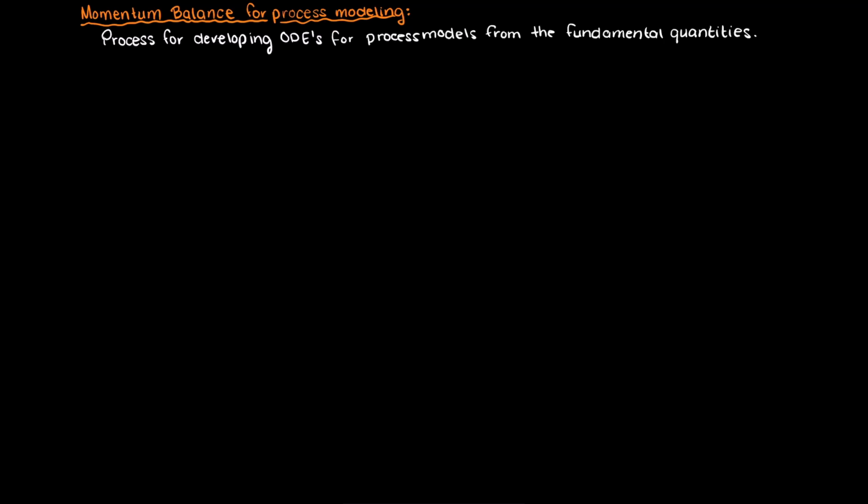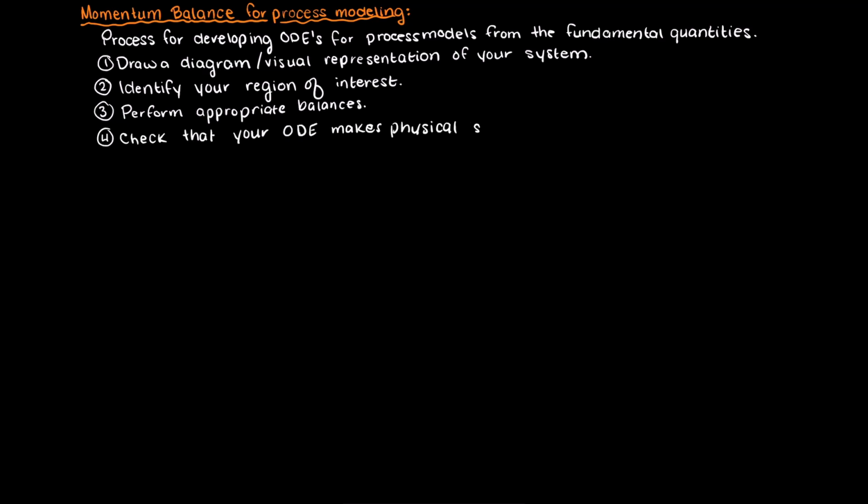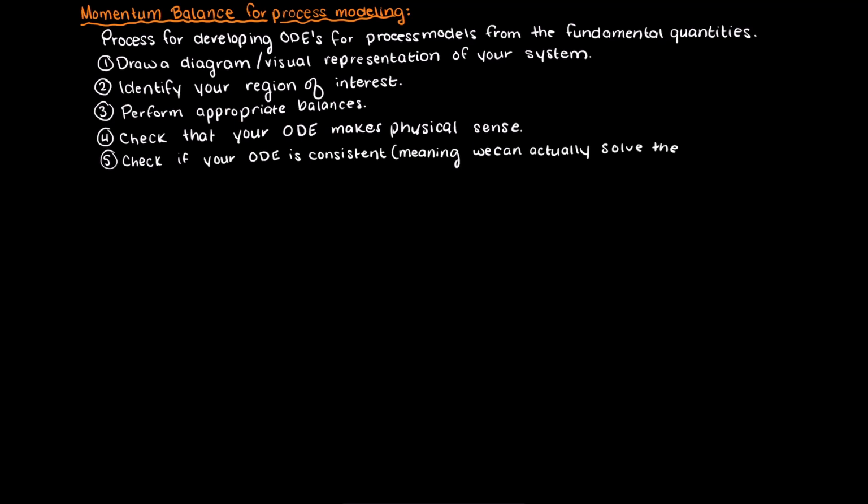Before we begin, I just want to reiterate the process for developing ODEs from mass, energy, and momentum equations, as it is very important. First, you should draw a diagram or some visual version of your system. Then we need to identify a region of interest. This can also be known as your control volume. Then you perform the appropriate balances, check your ODEs to make sure that they make physical sense, and then lastly, you check to see if your ODE is consistent and has 0 degrees of freedom, which means that it can